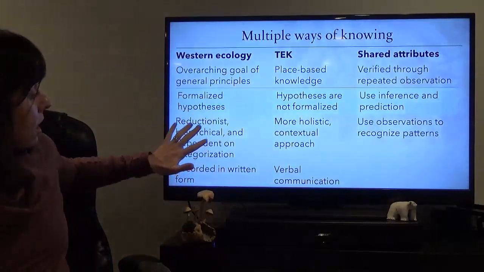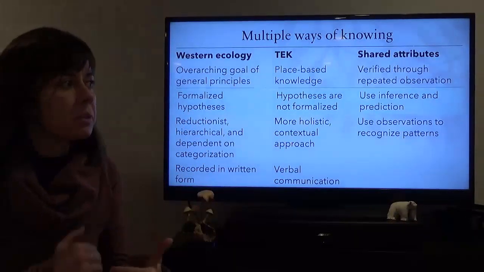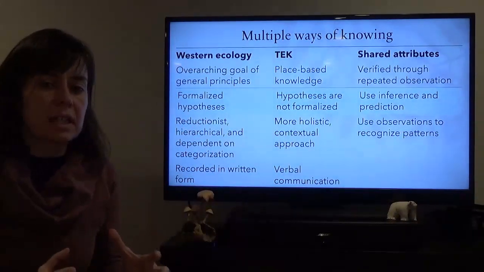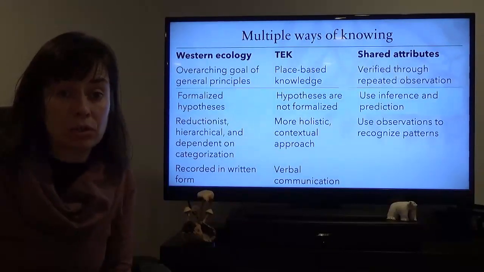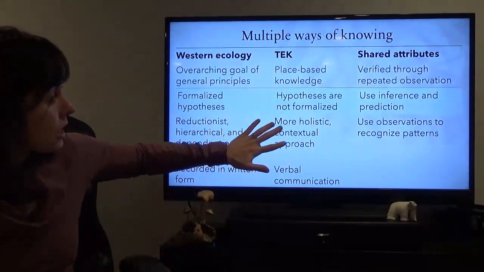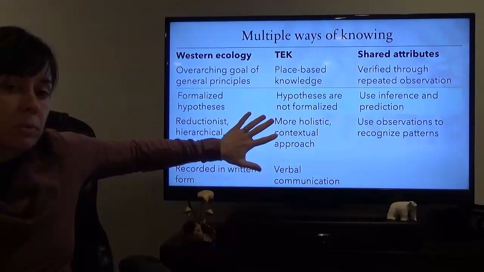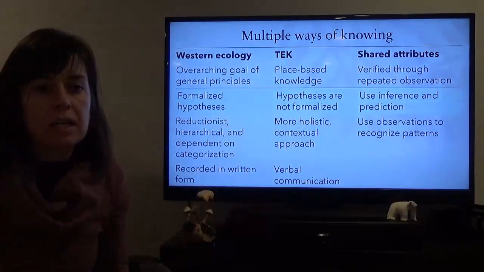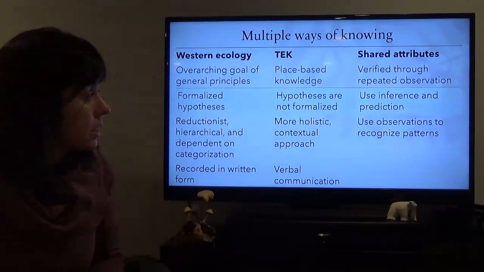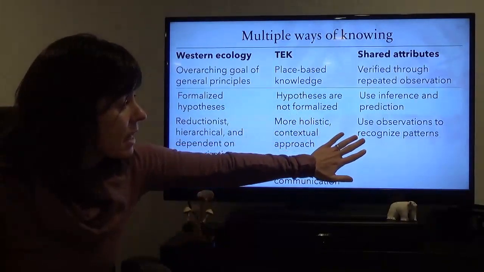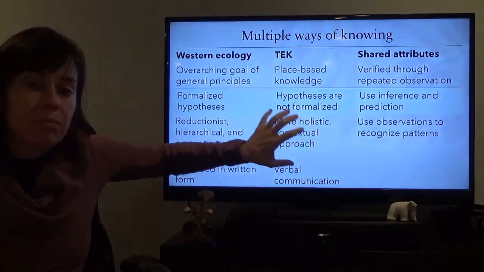In ecology, ecologists take a very reductionist, hierarchical approach. We really like to categorize things and think about them in a very structured way. You'll see that when I go through some information on biological organization in the next few slides. In contrast, traditional ecological knowledge tends to take a more holistic, conceptual approach, thinking about the system as an entity as opposed to trying to break it down into its various components. Now again, both of these knowledge systems use observations to recognize patterns and to understand processes that are happening within